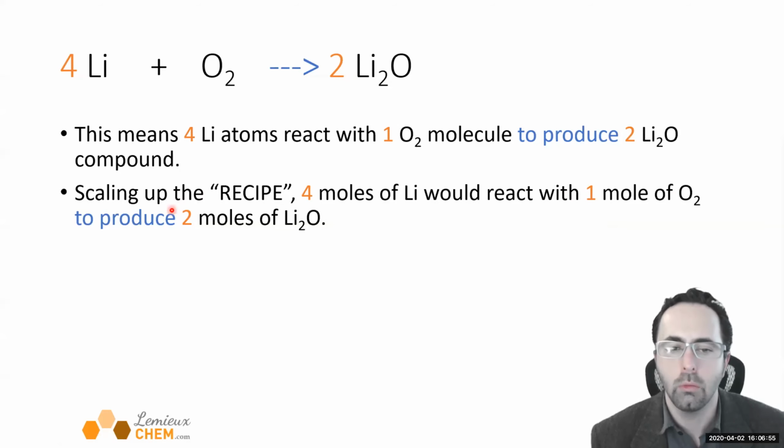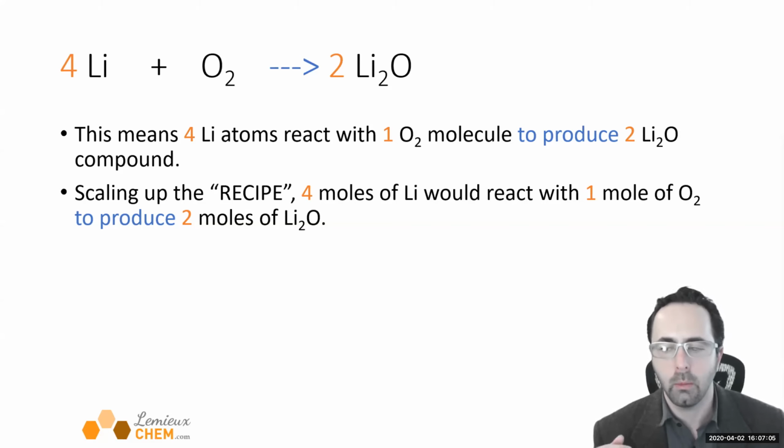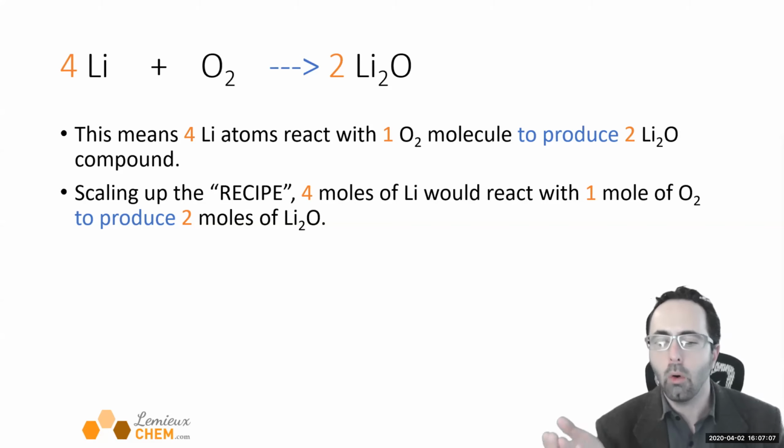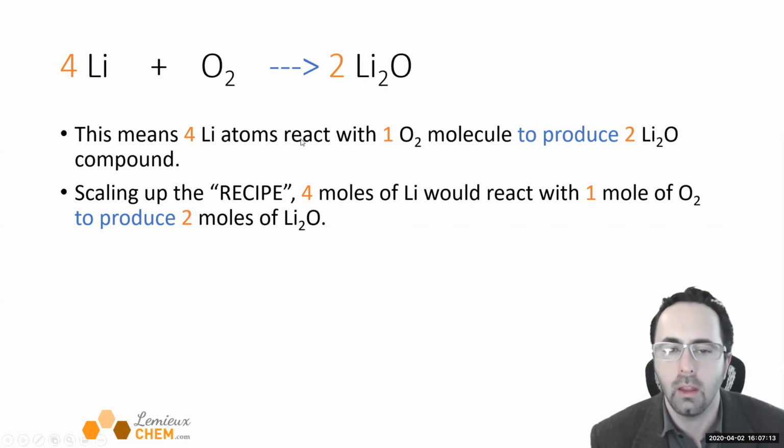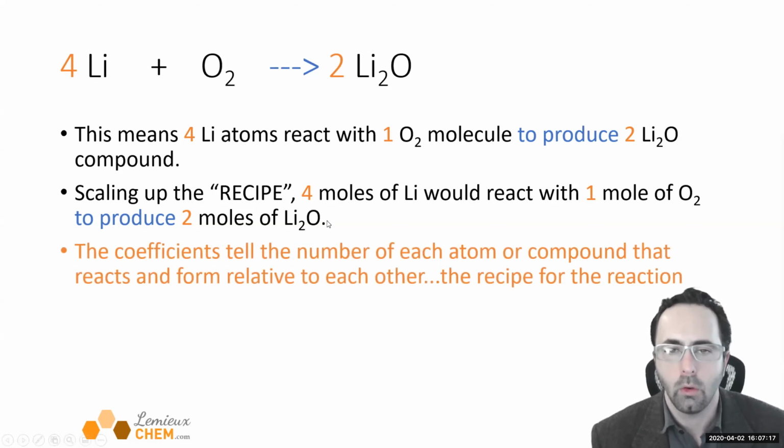and produce 2 moles of lithium oxide. And so that's saying this in terms of moles. And that's going to be a lot more useful to us because, as you saw from experiment 3, a mole is like a handful of stuff, which is a useful amount of stuff to talk about, much more useful than individual atoms and molecules. So remember that in the balanced equation, the coefficients tell us